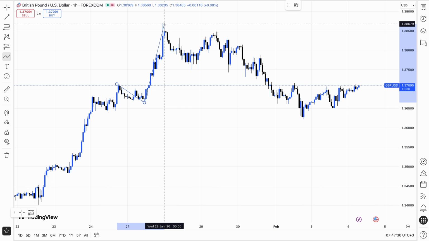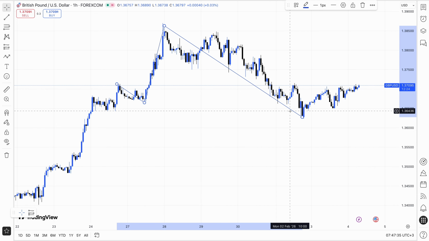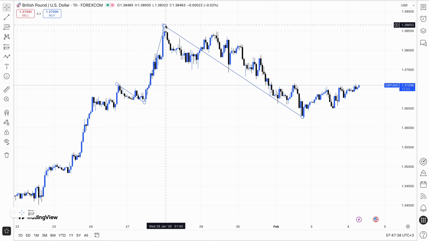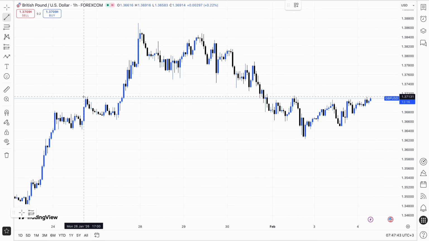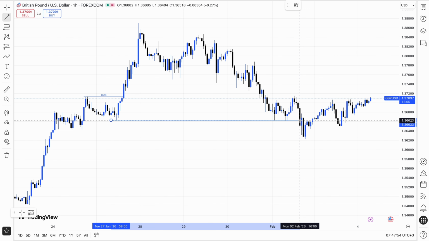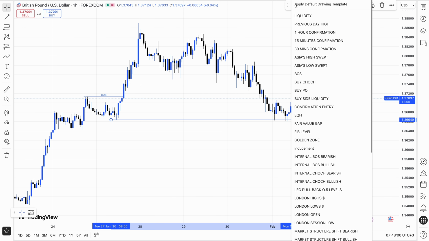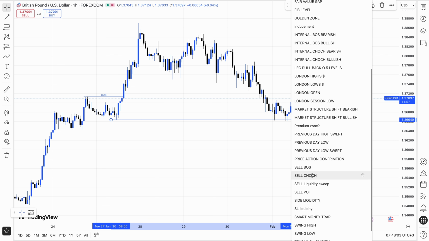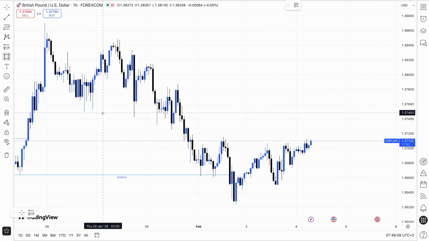Sorry for my voice. Then you can see we had a change of character to the downside on external structure. So we have a breakout structure to the upside. Then we have our external market structure shift to the downside, right? Then we have our